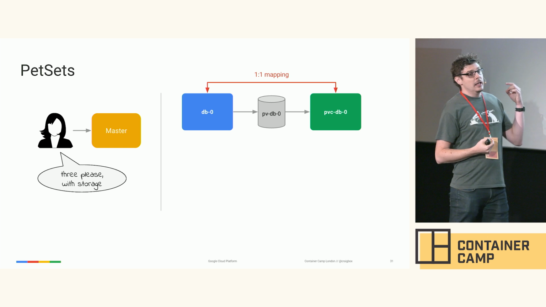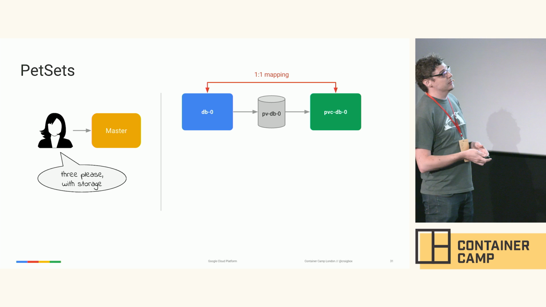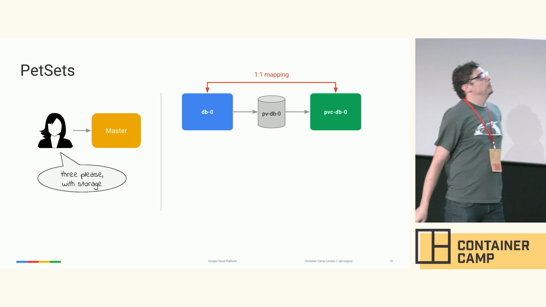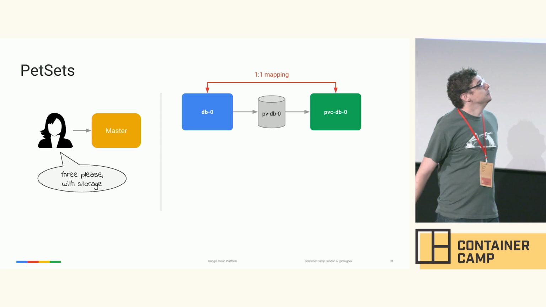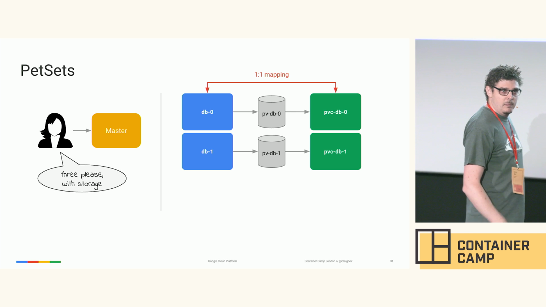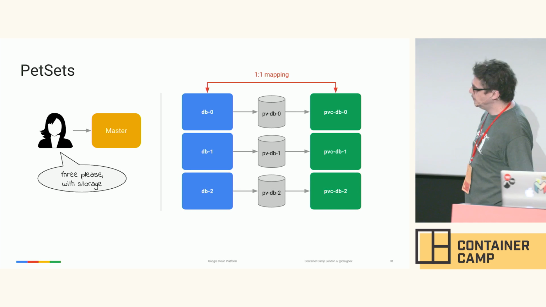And that could be automatically provisioned on a cloud, or it could be something that the admins have said you have access to. And then we have a volume which maps the claim to the pod. It's a one-to-one mapping. And only when that first one is set up completely do we get a second one. And so on, we now have our third.